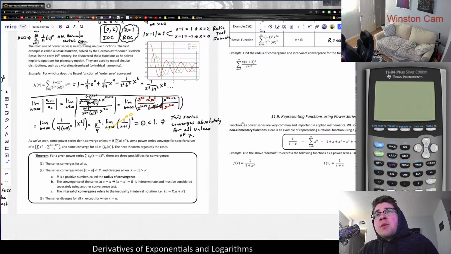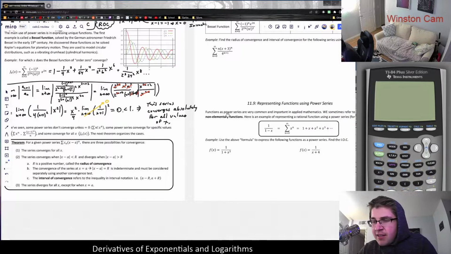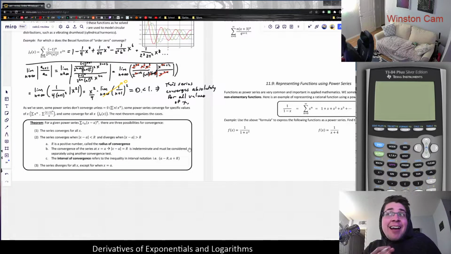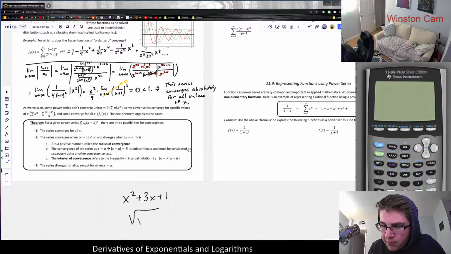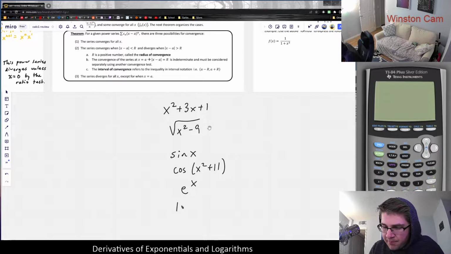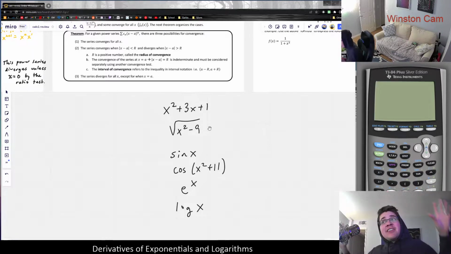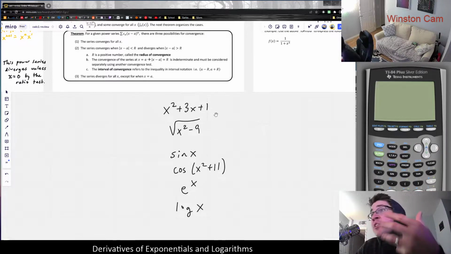So actually, let me talk just a little bit more about what I mean by the term elementary functions, but it's something you can always Google if you're wondering what that means. All the functions that we study in pre-calculus, algebra, and calculus are referred to as elementary. For example, any polynomial is what's called an elementary function. Any square root function, sine of x, cosine of x, x squared plus 11, e to the x. Basically, logarithms are elementary functions, rational functions, anything comprised of division, any combination of any of those things via composition, whatever. Basically, most of the mathematical things that we're used to dealing with in math class are referred to